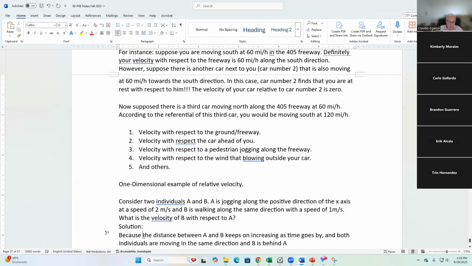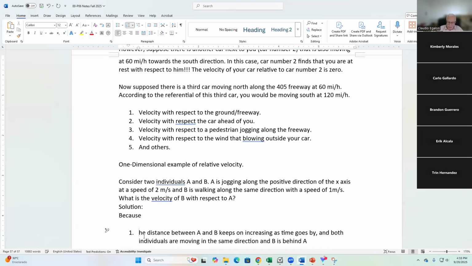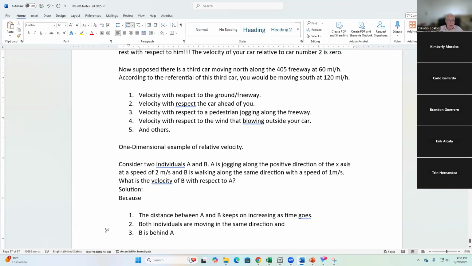Because one, the distance between A and B keeps on increasing as time goes by. Two, both individuals are moving in the same direction. And three, B is behind A,